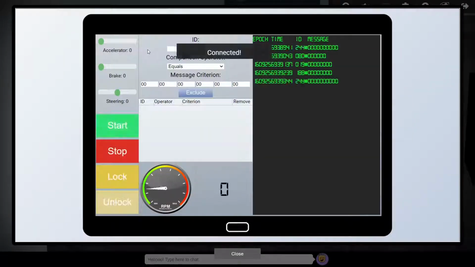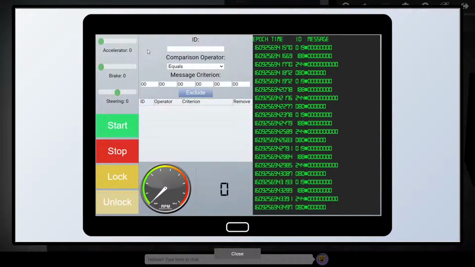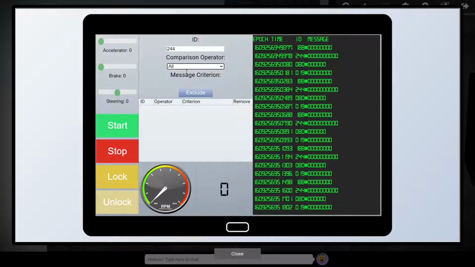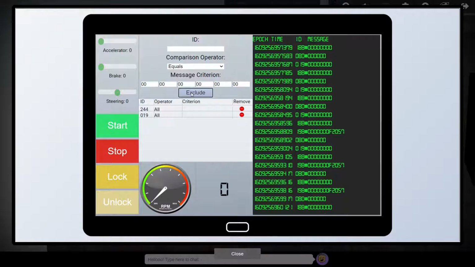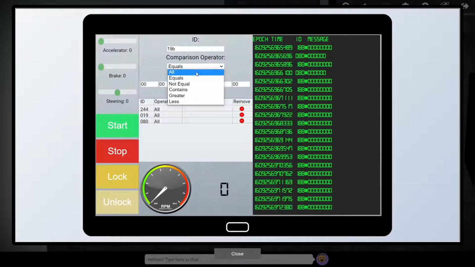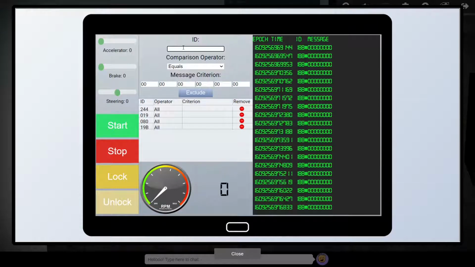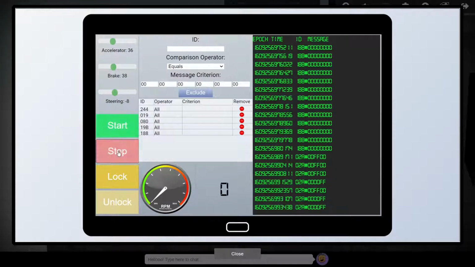Many CAN messages are whizzing past, and we have an interface to filter out the malicious ones. There's also controls to operate the sleigh, to start and stop the engine, and to lock and unlock the doors. In order to work out which messages are bad and need to be filtered out, we'll first need to work out what each of these message types are related to. A good strategy here is to filter out all of the noisy messages, and through a process of trial and error, determine what does what. Many of these being filtered out are likely to be desirable, but we can always remove or tweak the filter later. Now that there's less noise, it's easier to deduce that message type 02A is associated with the start and